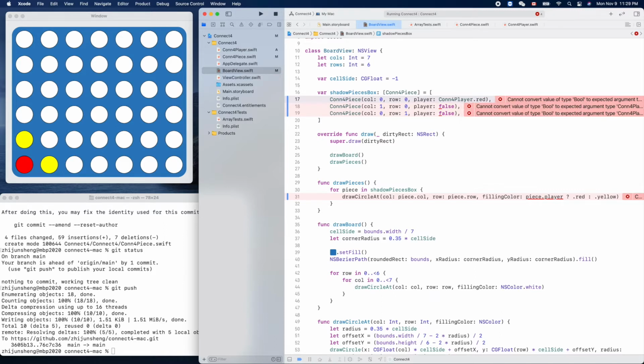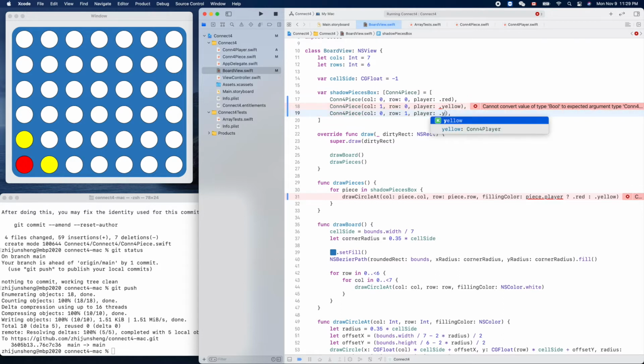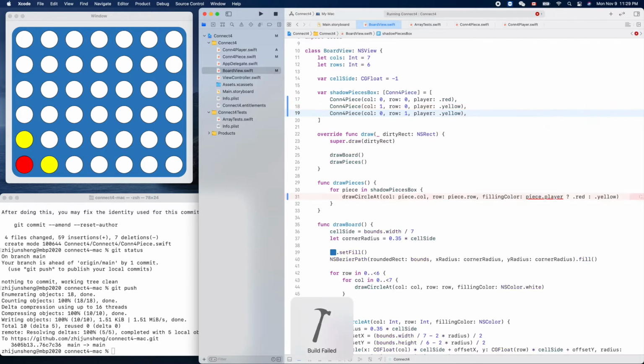Yeah, but like we introduced before, we can get rid of this part because Xcode can infer the data type of that from the constructor of this guy. Okay, Command B. Yeah, so this one is dot yellow. Yeah, Command B. So here